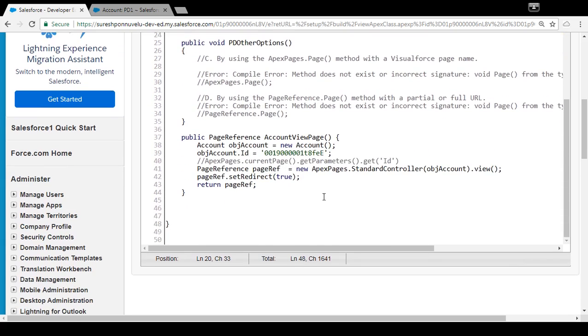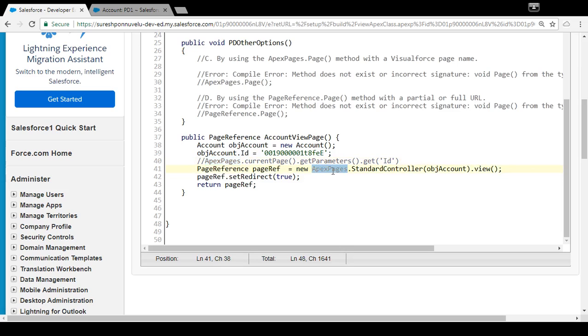Just for understanding purposes, in ApexPages you don't have the page method, whereas you have currentPage. You can get the current page reference, and you can post back the data to the same page. Otherwise, from the URL you can get the ID. So ApexPages is used to get the ID from the URL, and then you can pass that ID to a PageReference and navigate to that particular page.